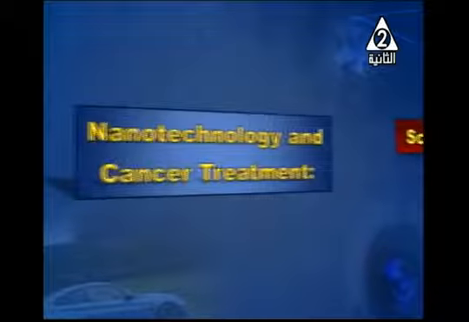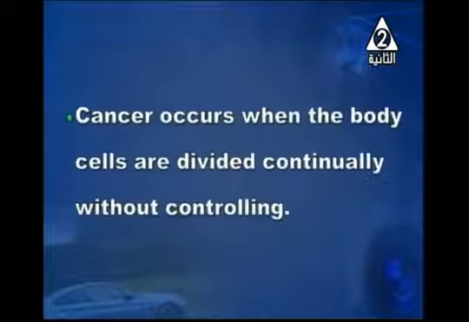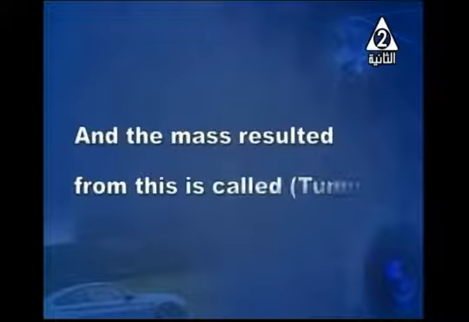Some science technology such as nanotechnology and cancer treatment. What is meant by cancer and tumor? What do you know about cancer? Cancer occurs when the body cells divide continually without any control, and the resulting mass from this division is